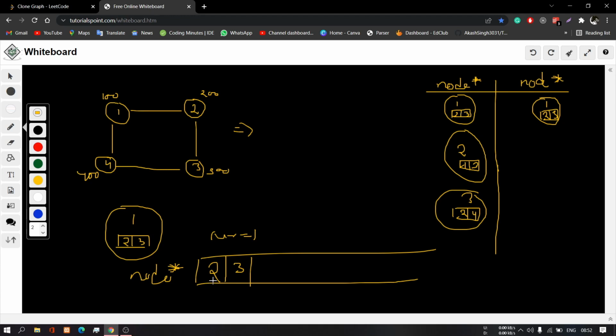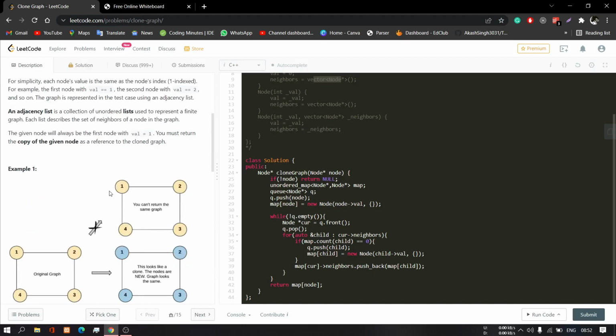Okay, now second is 2. So I'll pop 2. Okay, now I check, so I pop 2 and I check its neighbors. So it is 1, and it is again 3. Okay, but as you can see here, 2 is not created, and you have to create all its edges with a proper connection. Okay, so I hope you understand what I mean. So what you need to do,